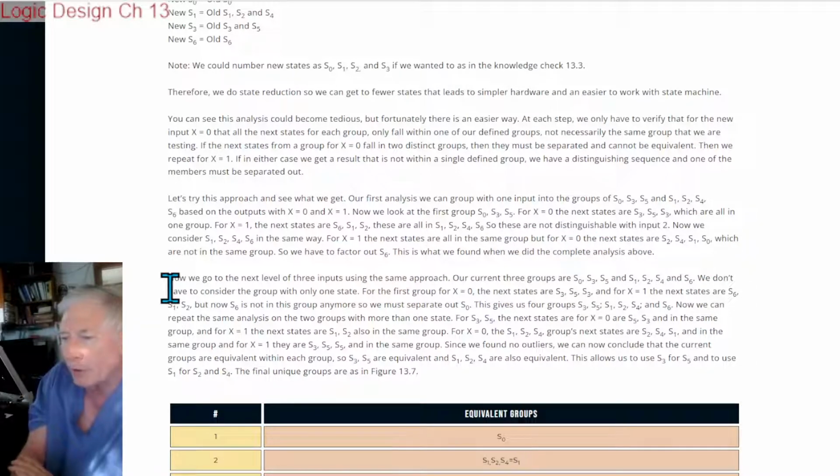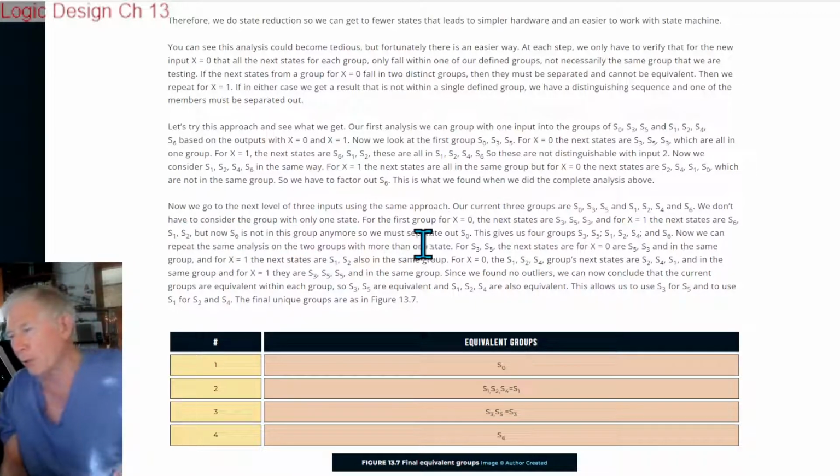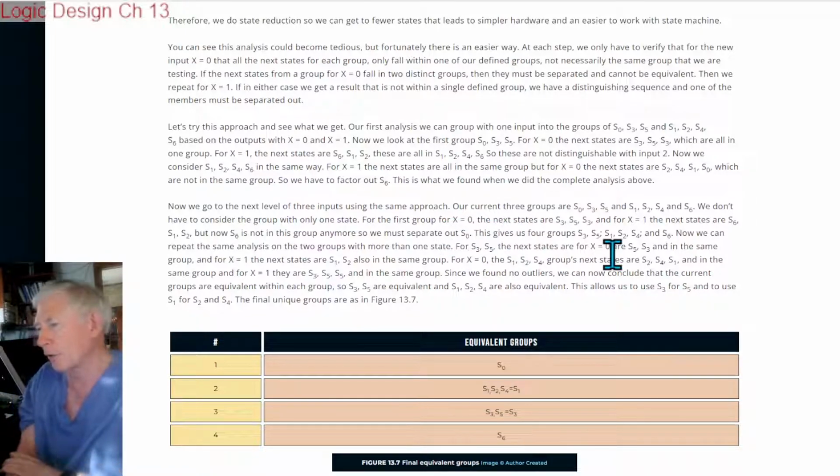Now, if we go to the next level of 3 inputs using the same approach, our current 3 groups are 0, 3, 5, 0, 1, 2, 4, and 6. We don't have to consider the group with only one state. For the first group, for x equals 0, the next states are 3, 5, and 3. And for x equals 1, the next states are 6, 1, and 2. But now 6 is not in this group anymore, so now we have to separate out S0. So this gives us 4 groups, 3, 5, 1, 2, 4,